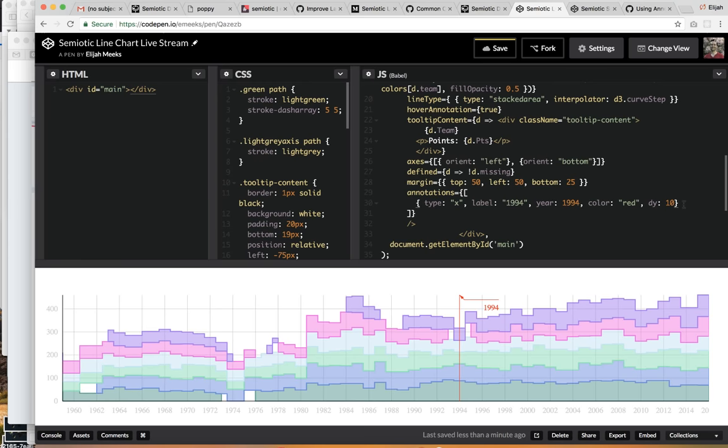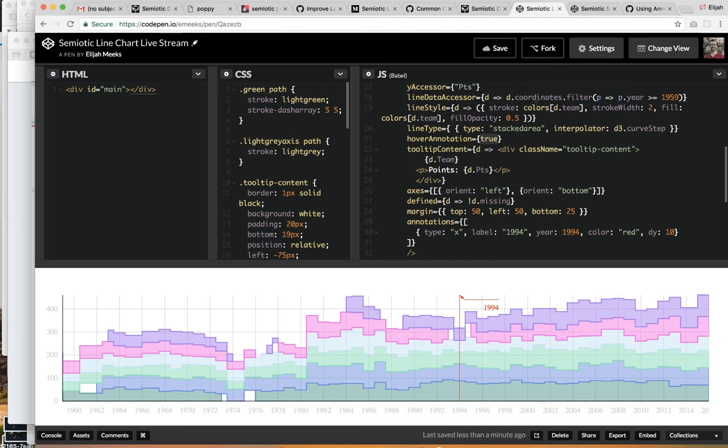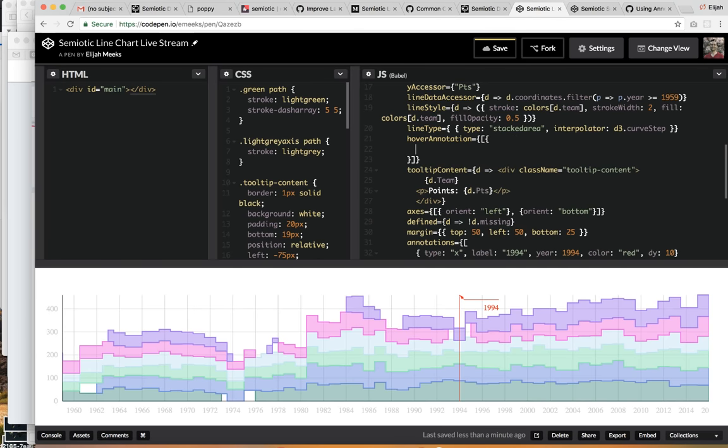And if you want, you could actually use these annotations in your hover annotation. So when you pass hover annotation, this tooltip with a circle, that's just a certain kind of annotation. It's called a frame hover annotation under the hood. If I sent an array of objects to hover annotation instead of just the Boolean true, I could have each of those objects have a type. I could have one of them be frame hover, so that I continue to get my wonderful frame hover. See? And then I could have another one be of type